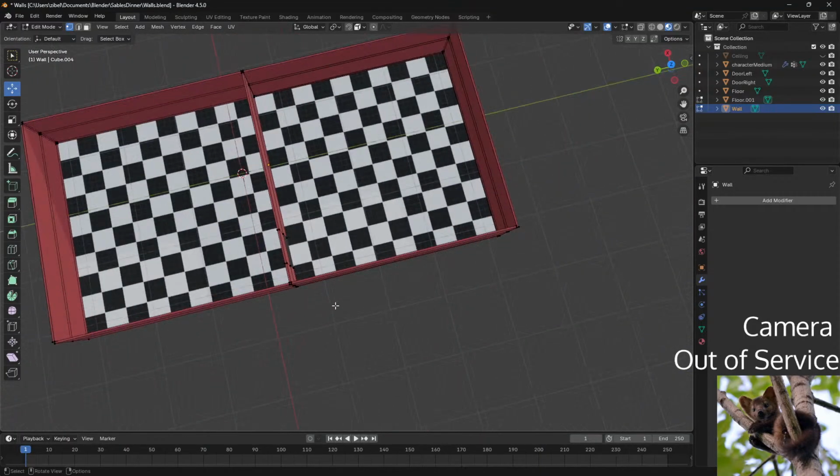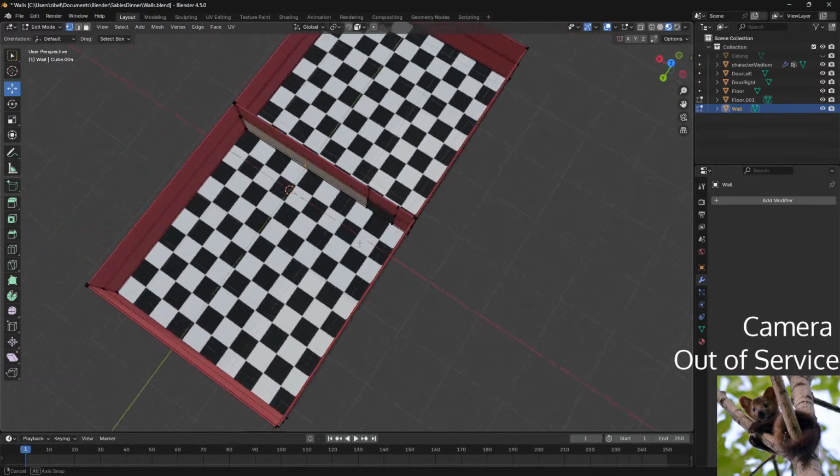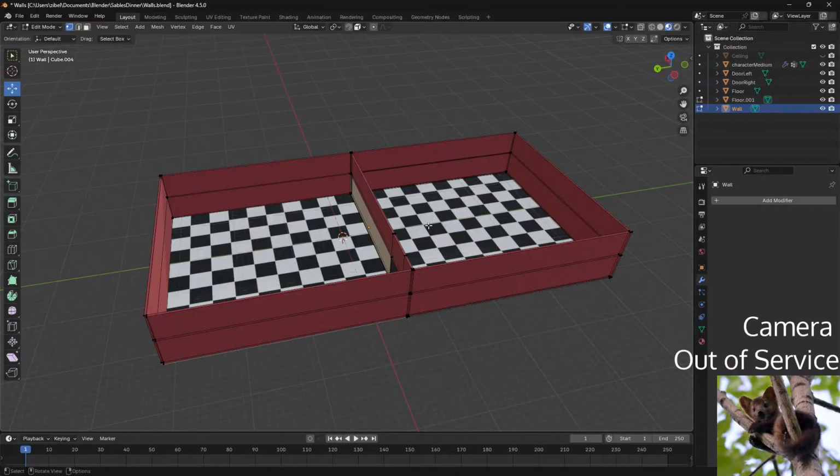Because I really have to think about this layout here. Yeah, I think that's gonna be the end for today's stream.